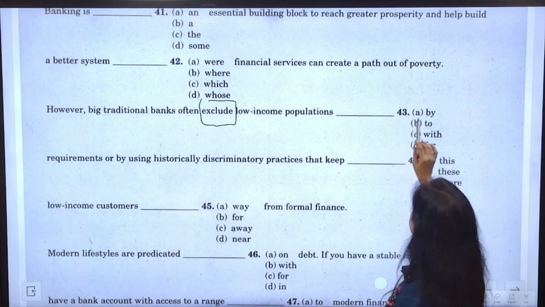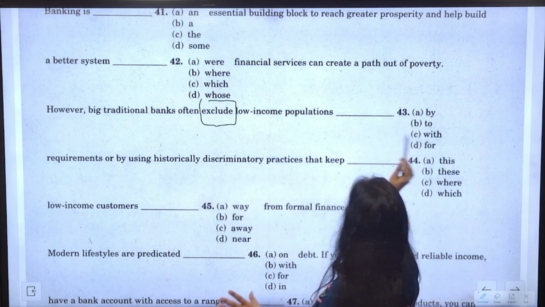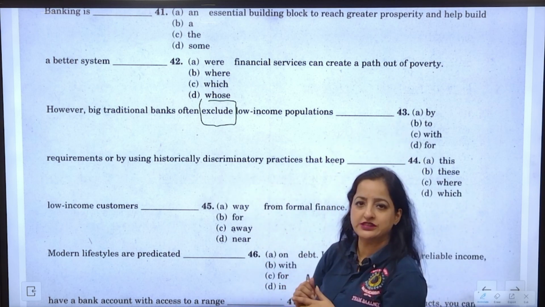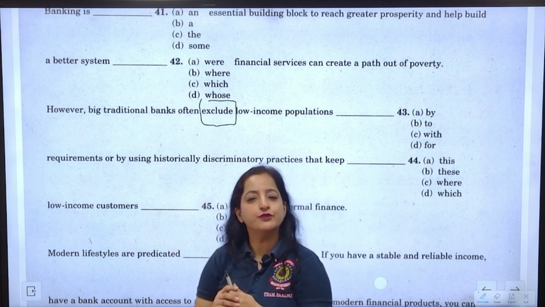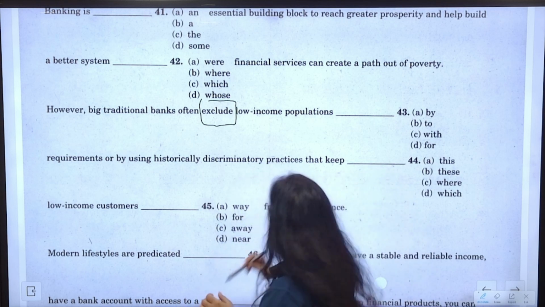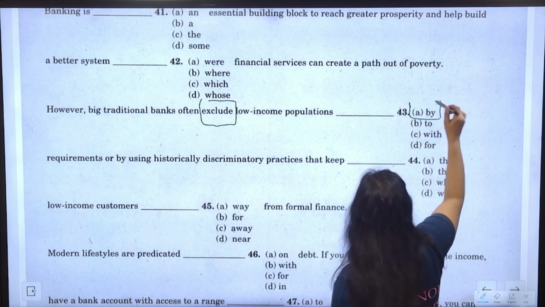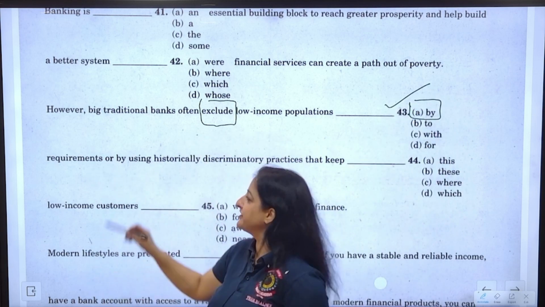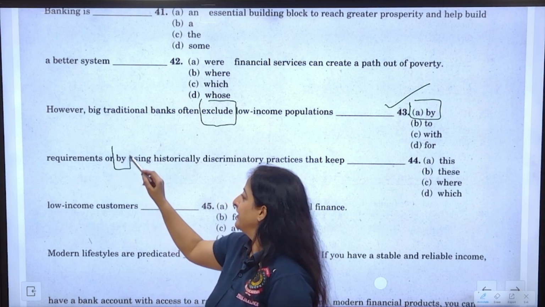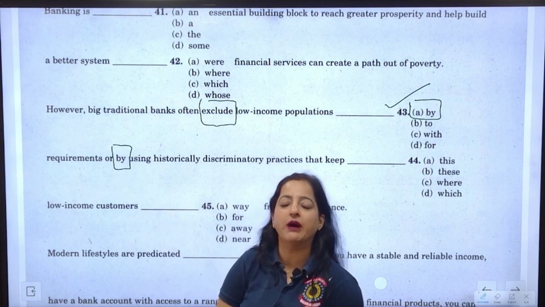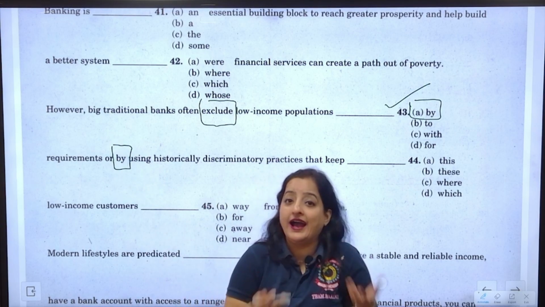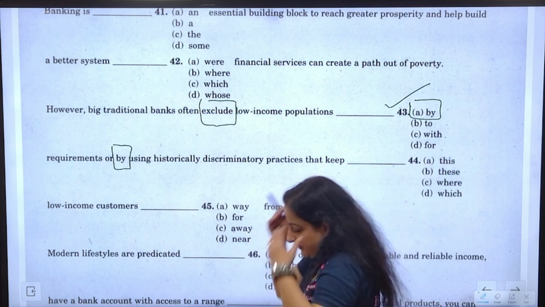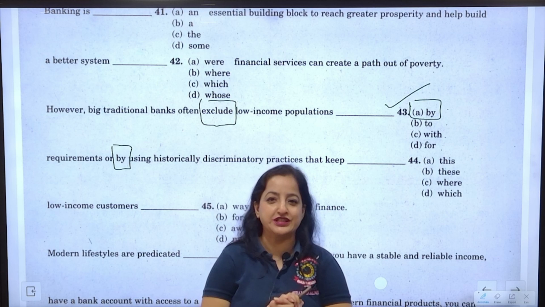They exclude these people by requirements, to requirements, with requirements, or for requirements. The suitable preposition is, I think you've got it. You exclude by. That's the factor. You exclude by requirement. There's another tip. Did you notice? The word by is again there. So this is a hack. If any of these options, जैसे they are confusing you, आपको नहीं समझ में आ रहा क्या करना है, कौन सा option ठीक है.